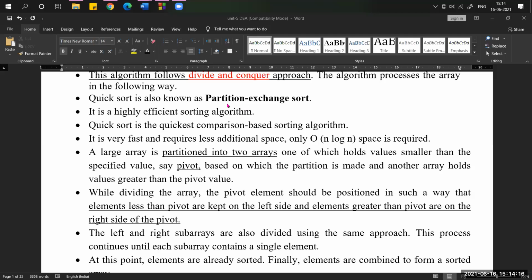Like that, you need to partition the given array into sub arrays so that we can arrange the elements much faster. That's why we need to do partition. So quicksort is also known as partition exchange sort. If you choose quicksort, it will give the result efficiently.